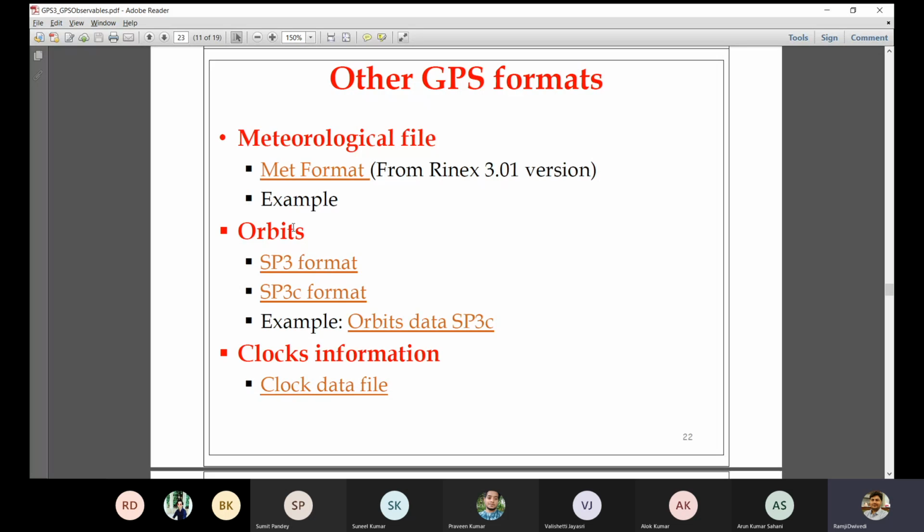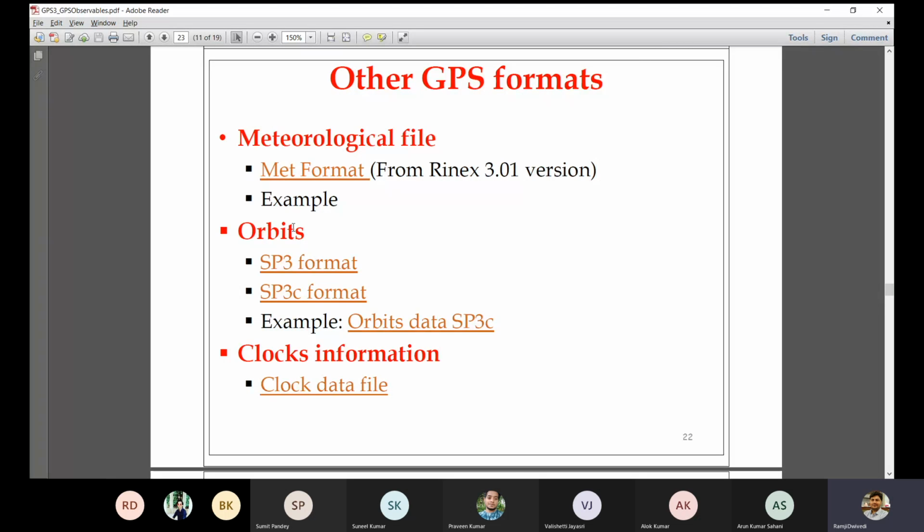But in the broadcast ephemeris, the coordinates are not directly provided. Instead, there are parameters with the help of which you compute the satellite coordinates. In SP3, they give you XYZ directly. That's the difference between the two file formats. One is the broadcast ephemeris, where you get parameters, and in one of the laboratories you will see that with the help of those parameters you compute your XYZ. But in the case of SP3, if you can wait for 1 or 2 days, you can directly get the precise XYZ from the precise ephemeris, in this format called SP3 format,